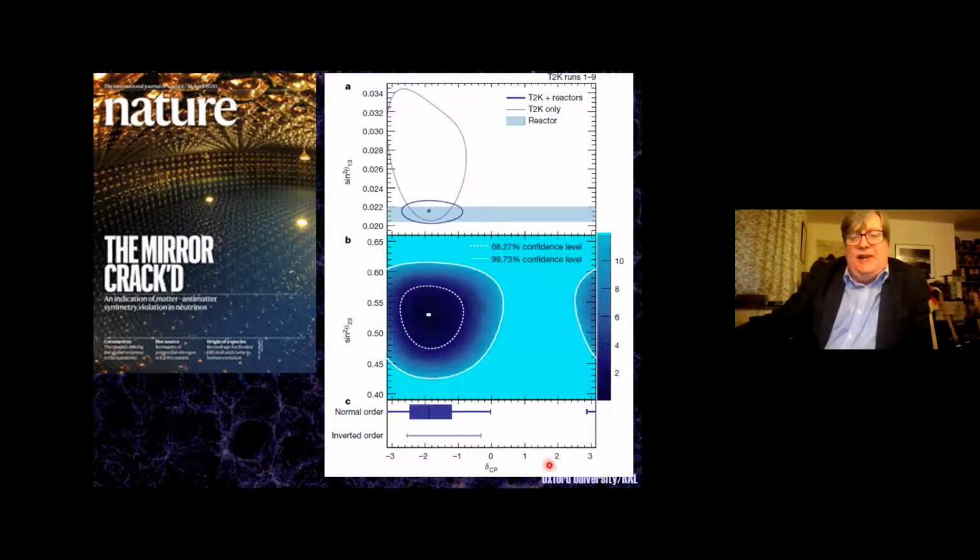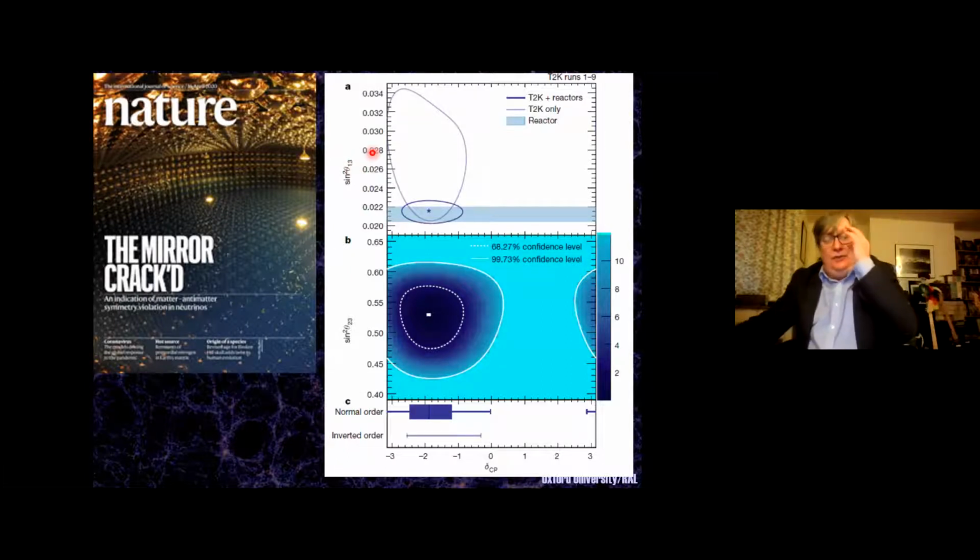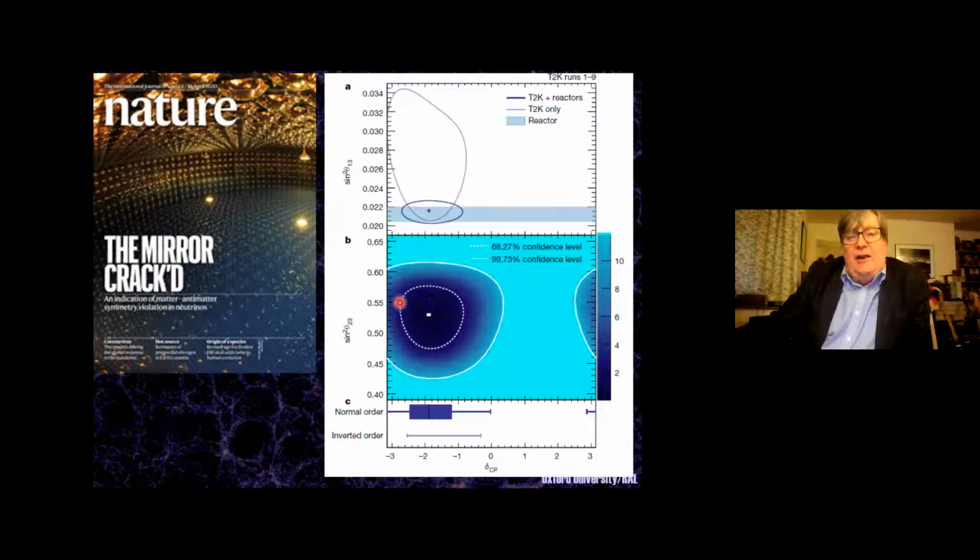And in fact, if you do the fits, once again, this is that angle delta CP. These are some mixing angles that say how much the neutrinos mix. And the area which is consistent with the data, the best fit is a delta CP of about minus pi by 2, which means that CP is as violated as it could be. So that got everybody excited, perhaps more excited than they should be, but you know, you got to put something on the cover. But if you look at the uncertainties, you can see that they extend over the region where delta is equal to 0 or pi.